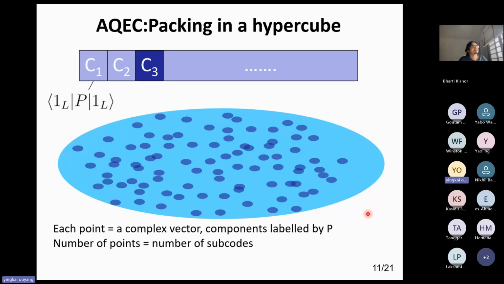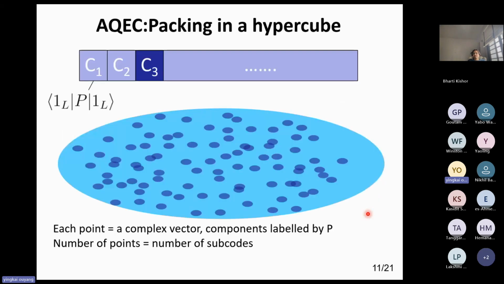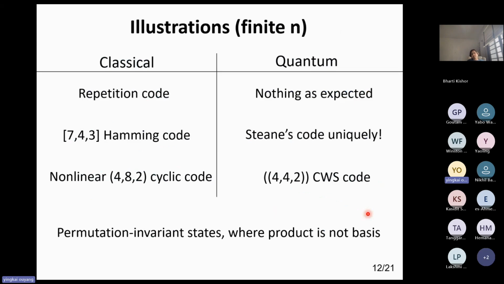All right, so let me just skip through this part because I already mentioned having random codes. Because we have invented this machinery, we went crazy and said, okay, the theory says you can pick your favorite classical code and make a quantum code. So let's pick your favorite classical code. If you pick a repetition code, what are you going to find? Nothing. Yes. So with our algorithm,